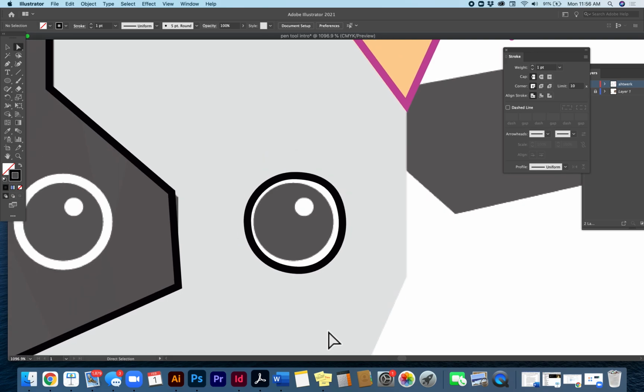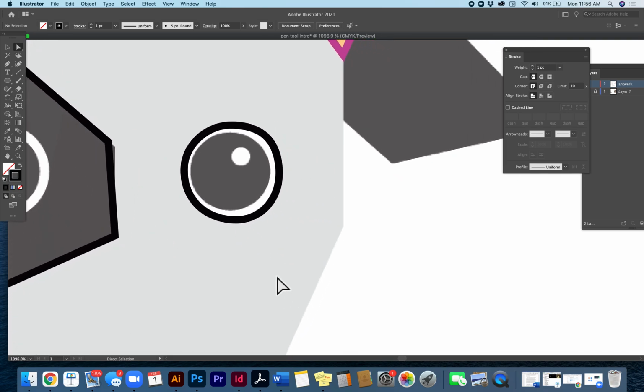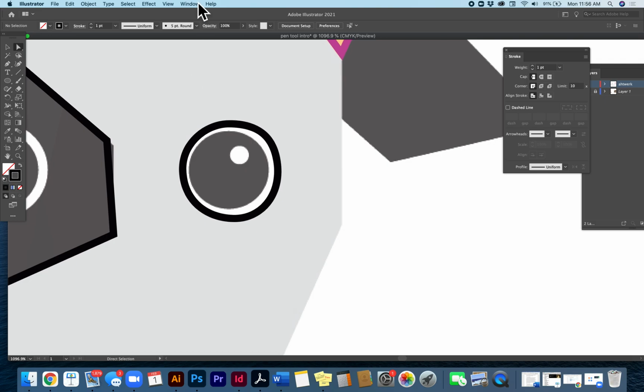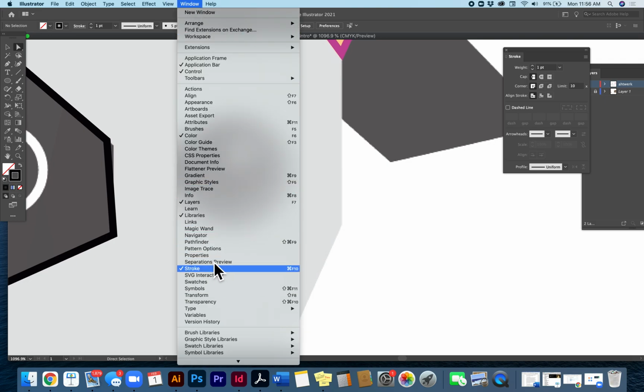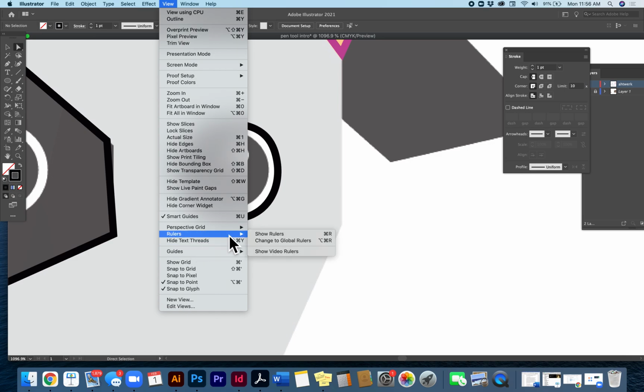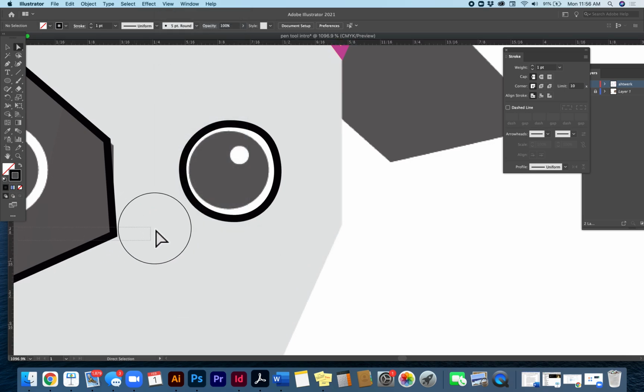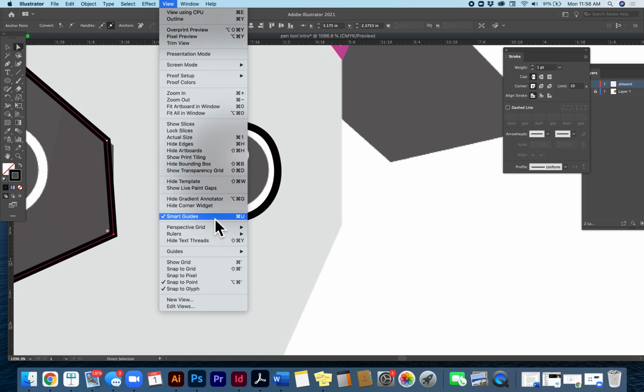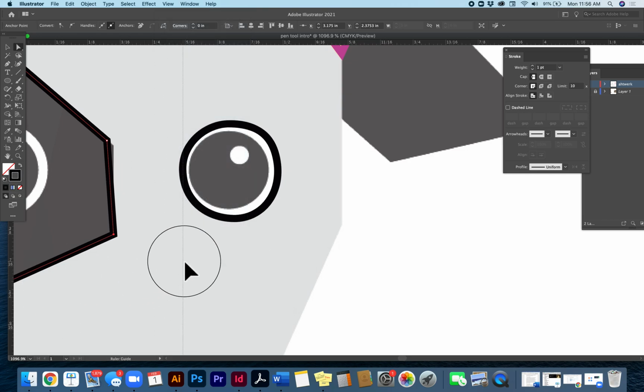If I was really going to be doing this, if I was working for Jessica Hish as my boss, I would throw some rulers on there. This is a total digression. Maybe I'm getting in too deep. Where's my view? I want to show my rulers, and then I could drag a guide out here. Whoops, I want to show my guides. Where's my guides? Guides. Huh. Theoretically, I'm showing my guides. Oh, there they are. Okay. So drag my guides on there,